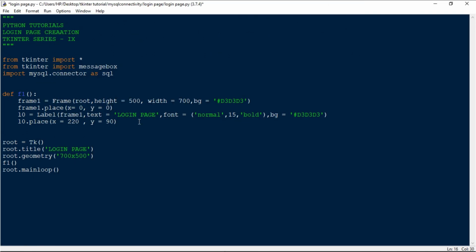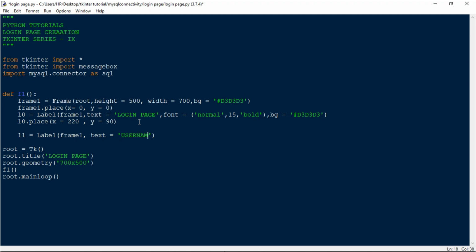Okay, so the next thing which we have to create is the text variable and the labels and the entry box. So first we'll create the label. So L1 equals to Label inside frame1 of text equals to username.